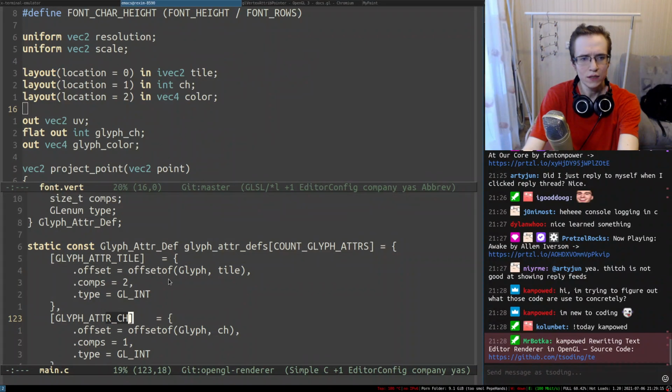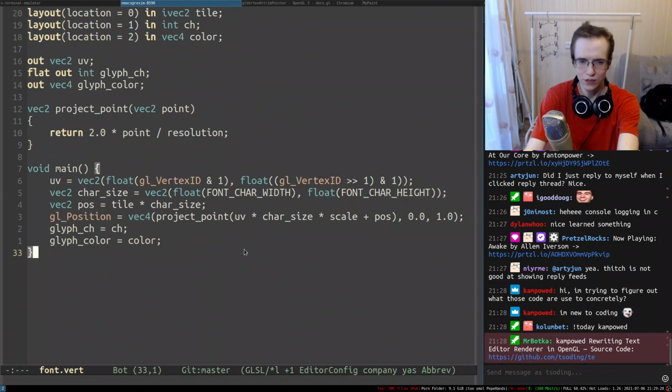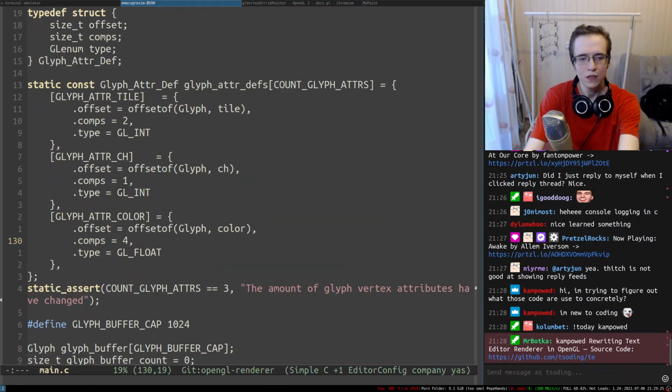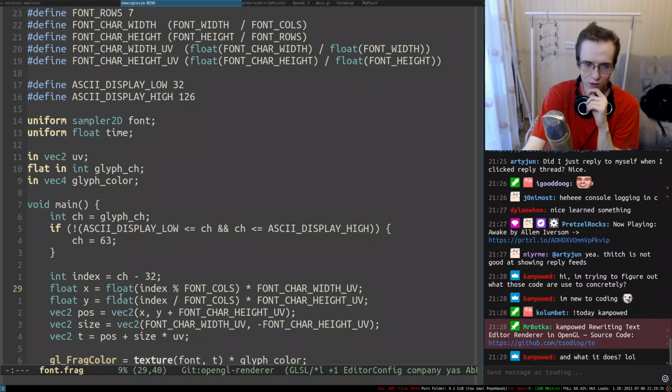CH is 1 and the color is 1 as well. So I don't think there are any problems in here. So let me take a look at the fragment. So here is the CH, we set it in here. Then we check whether it's within the ASCII range. Then we create an index out of that. So we have font columns.